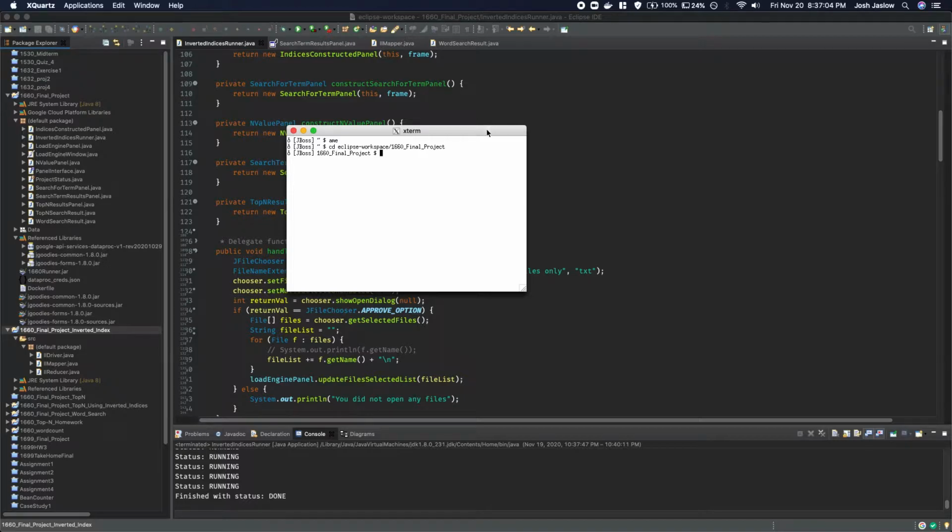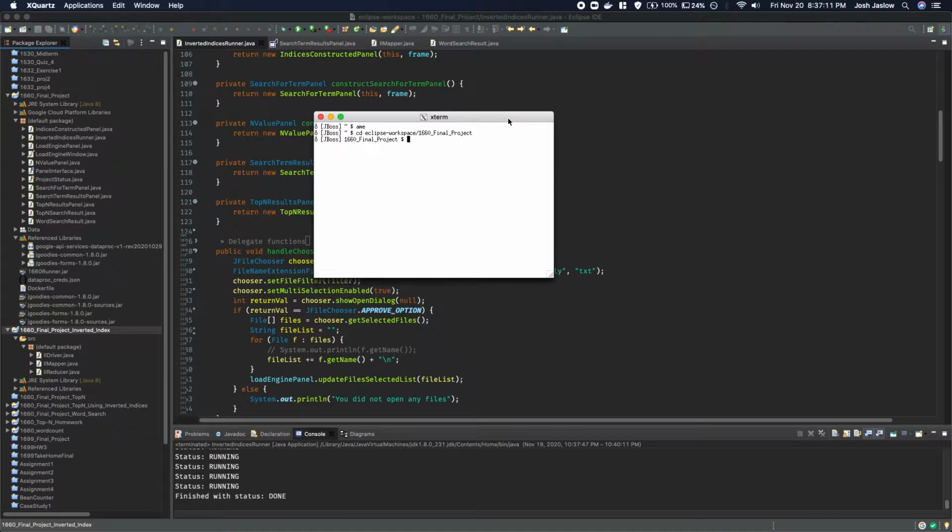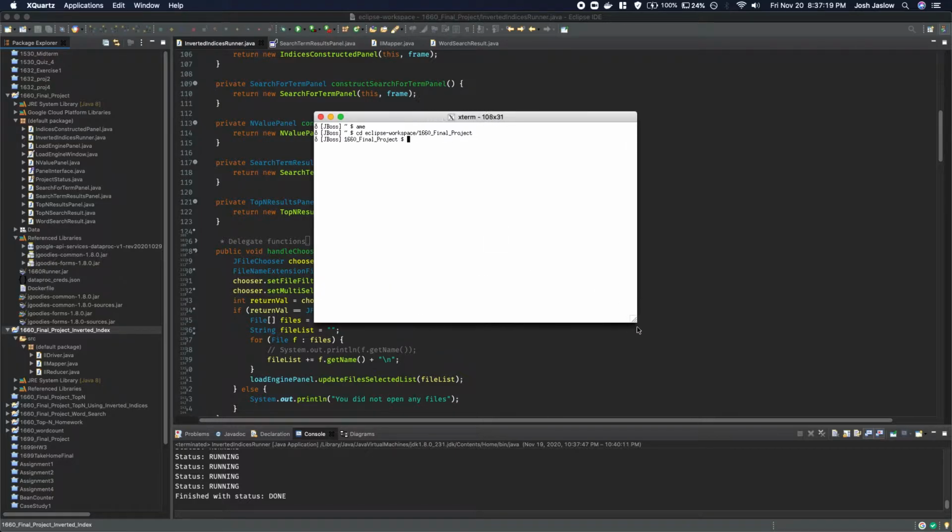Hi, Professor Farg. My name is Josh Jeslow, and I'm going to demo the final project, project option 2, which was the inverted indices. So the first thing I'm going to do is run the commands on Mac